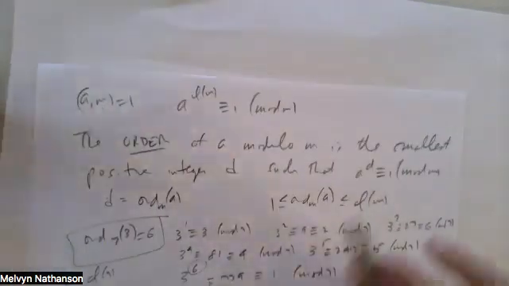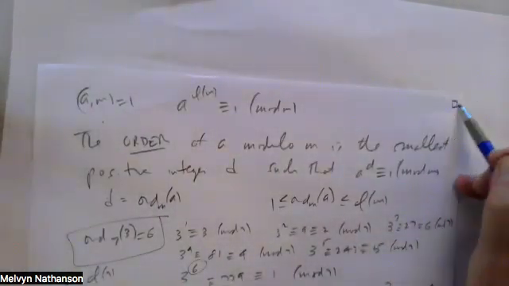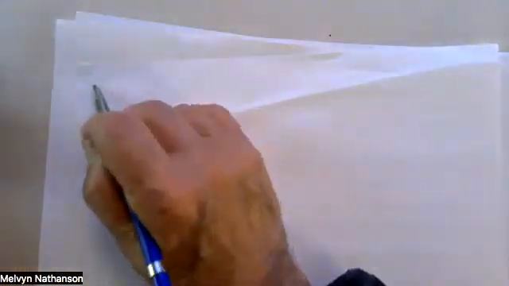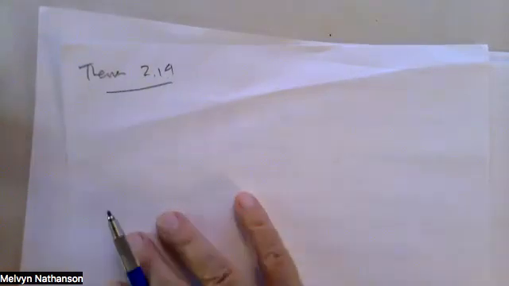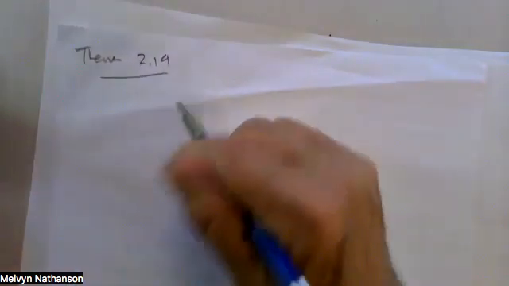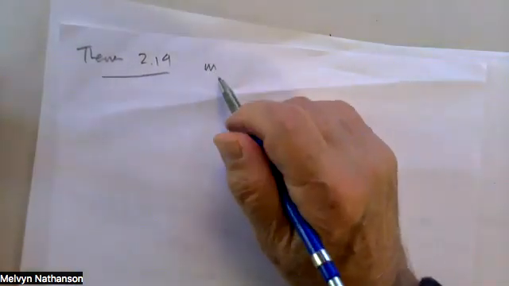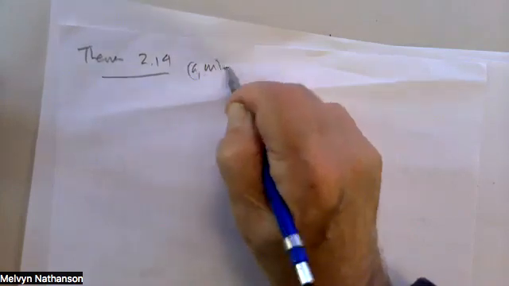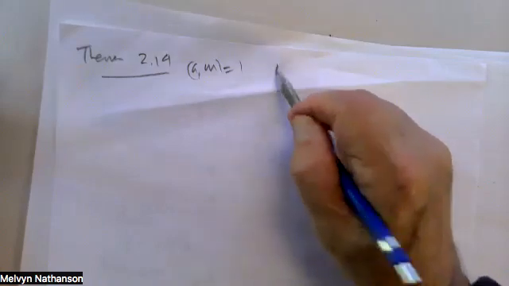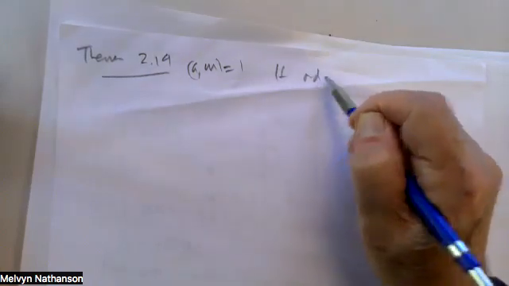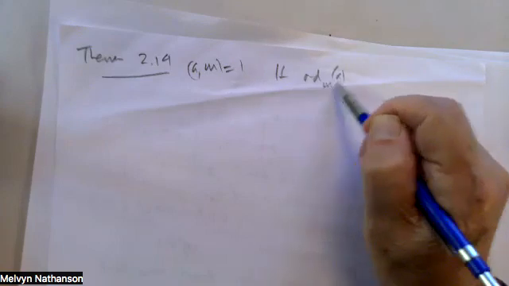And we can state another very nice theorem. This is theorem 214. So we have m, a positive integer, and a, an integer relatively prime to m. If the order of a with respect to m is an integer d,